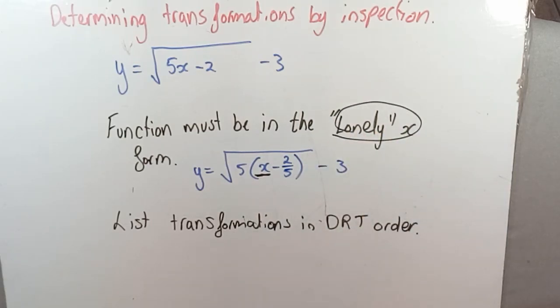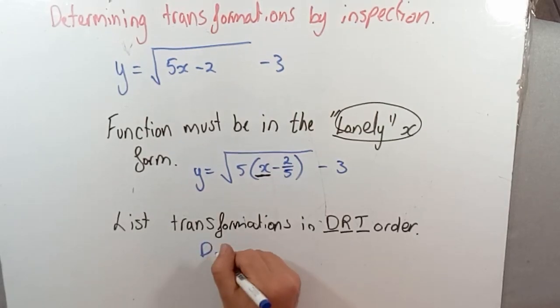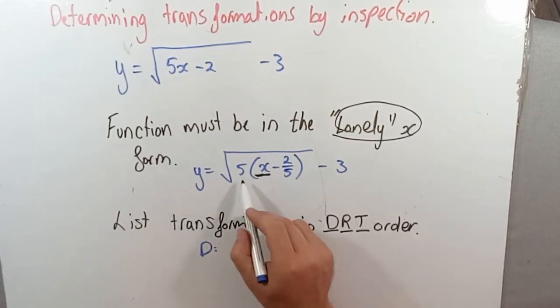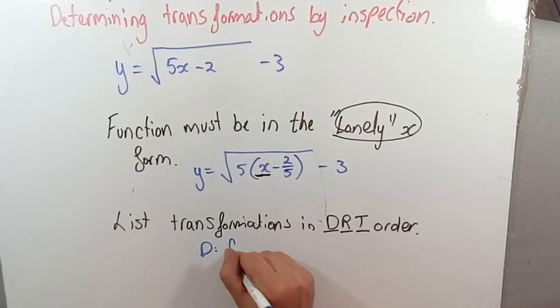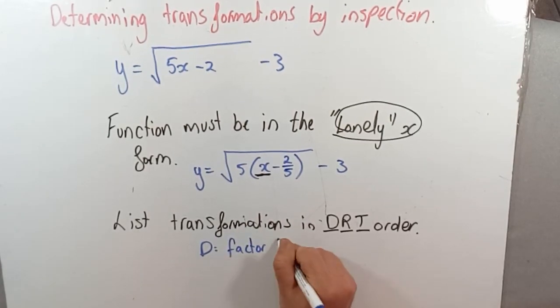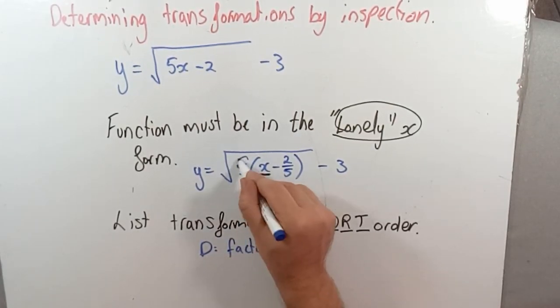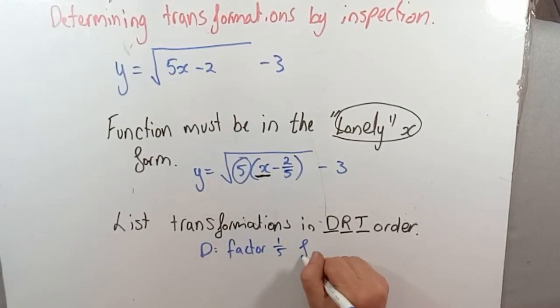So the lonely x, got to get the x by itself, okay? Now if the x is by itself, then I can list down the transformations in this order, Dr. T. Okay, so you just remember Dr. T, and you do the dilations first, then the reflections, and then the translations. So I'll do D first, the dilations, factor of 1/5, okay, from